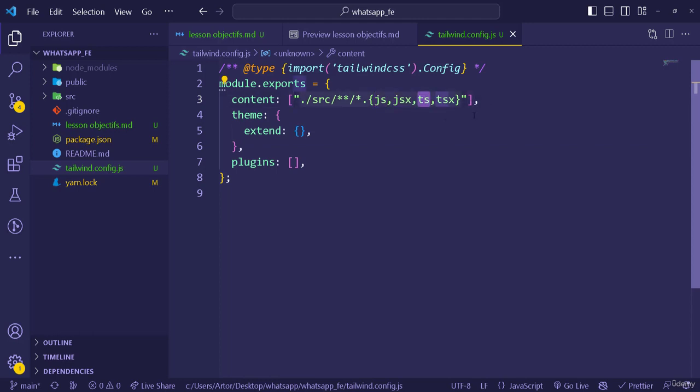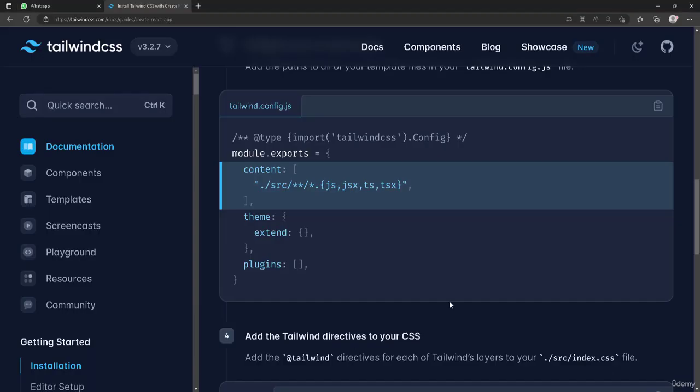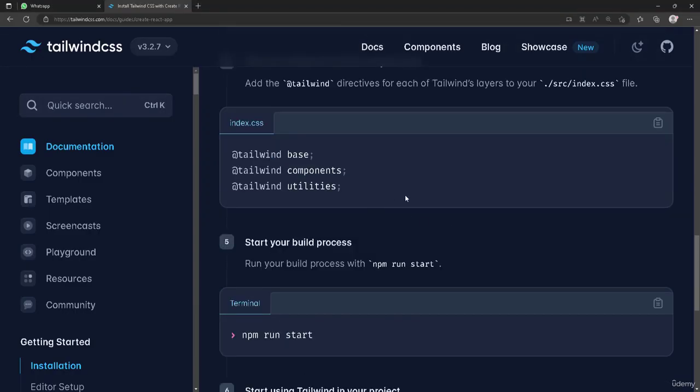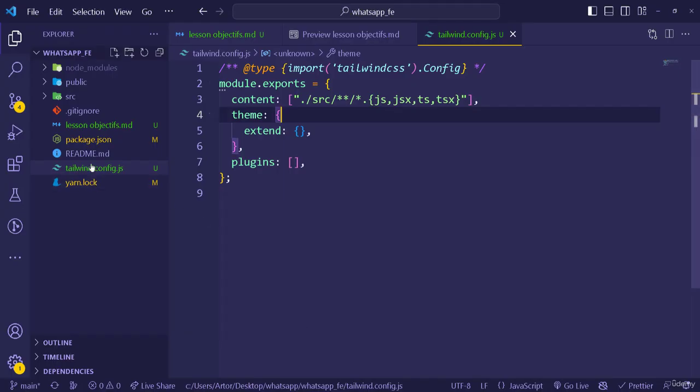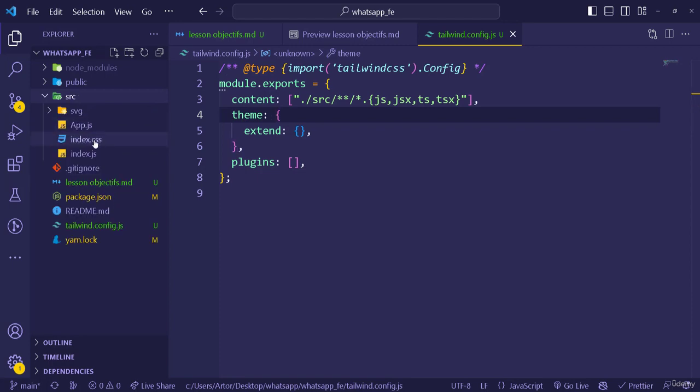You can also define, like source, then slash components, where you exactly define the folders, and then pages. So this is up to you, but we're just going to allow it for all folders right here and all files inside it. Main thing is going to be in the source directory. And then let's go back. They will tell us that we have to take all of this and add it to the index.css. So I'm going to click copy, and I'm going to take that, go back to my source, then the index.css,